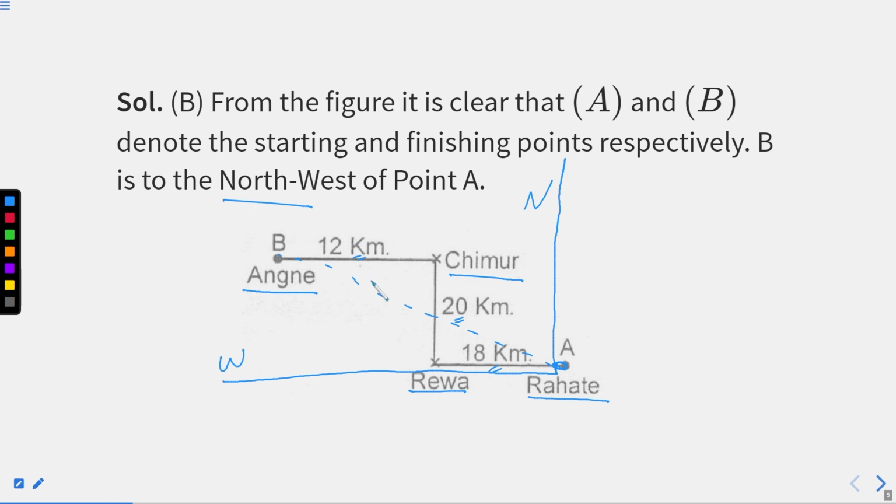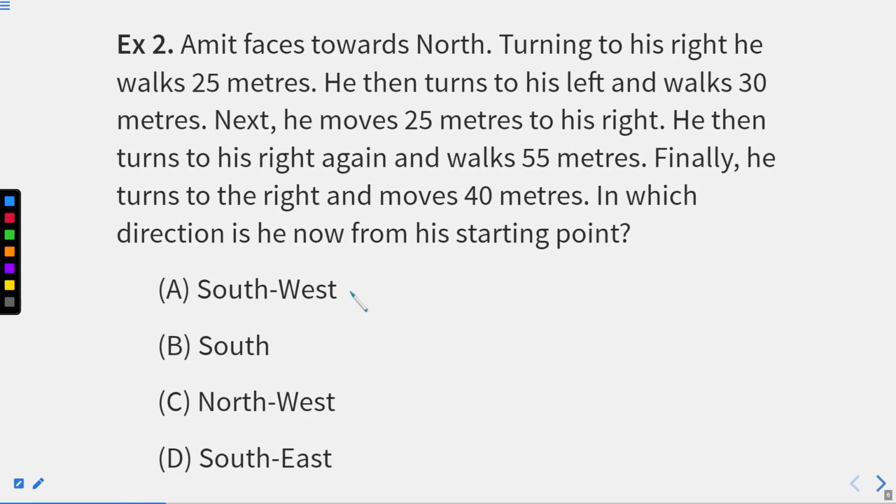I hope this question is clear. I hope you are clear with north, with south, with east and west and all four regions. That is northwest, northeast, southwest and southeast. I hope all these directions are clear, and this question helps you understand the clarity of directions north, south and northwest as well, right? And you have followed the instructions from which you are able to figure out all the distances from point A to point B. For better understanding of these kinds of questions, we'll do a few more questions related to the same. Now you can see the next question.